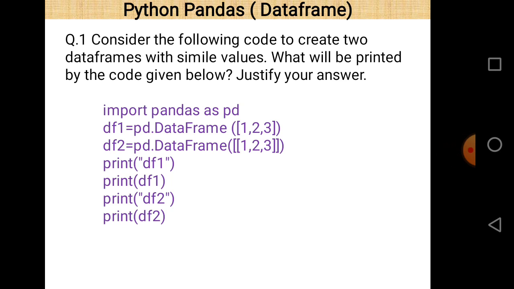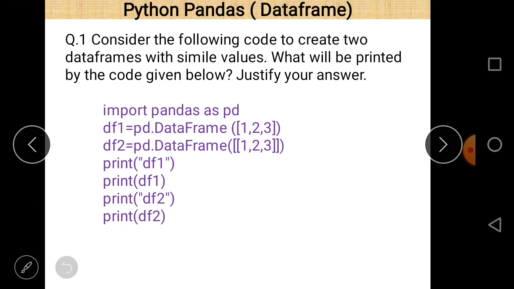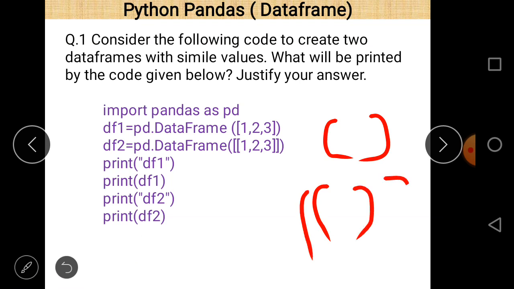In df1 we see that there is only a single list, and in df2 there is a nested list. So df1 is represented by a single bracket, and df2 is represented by a double bracket. That is the difference between df1 and df2, and because of this, the answers for df1 and df2 are a